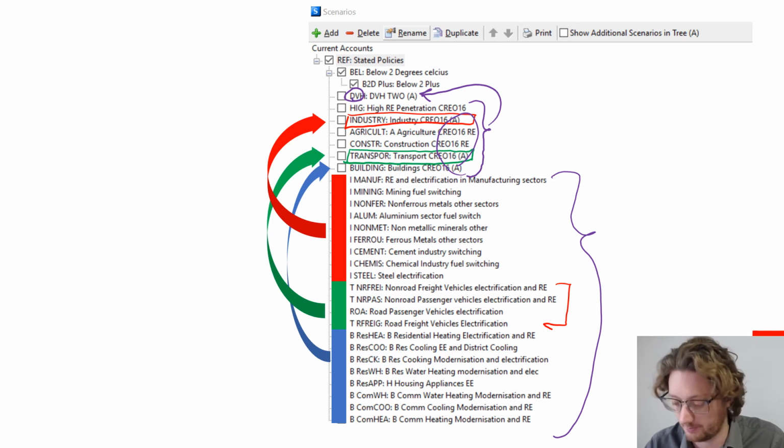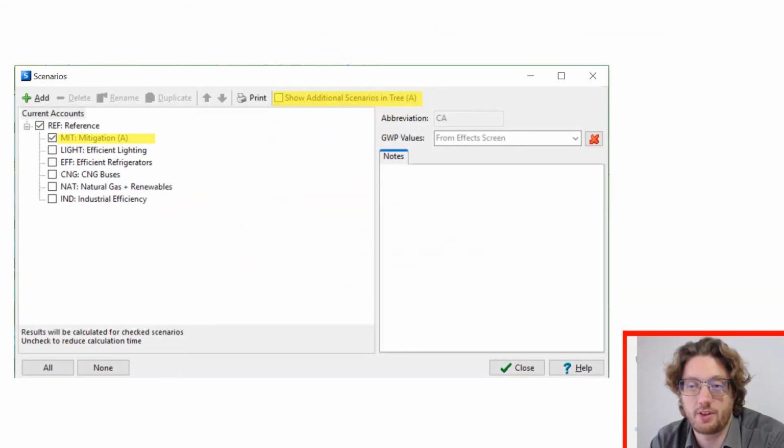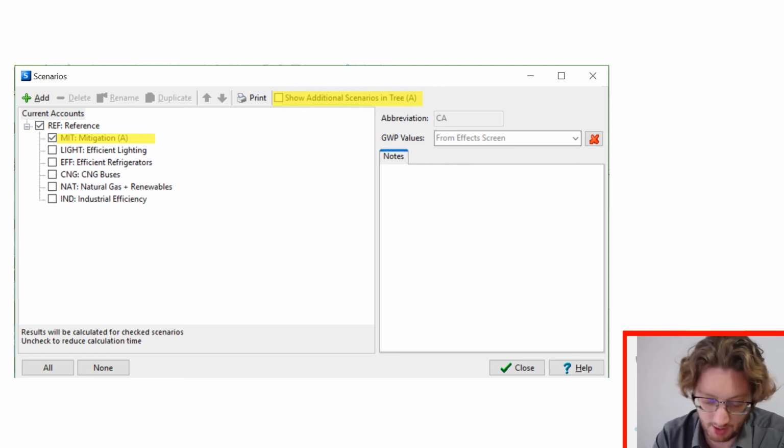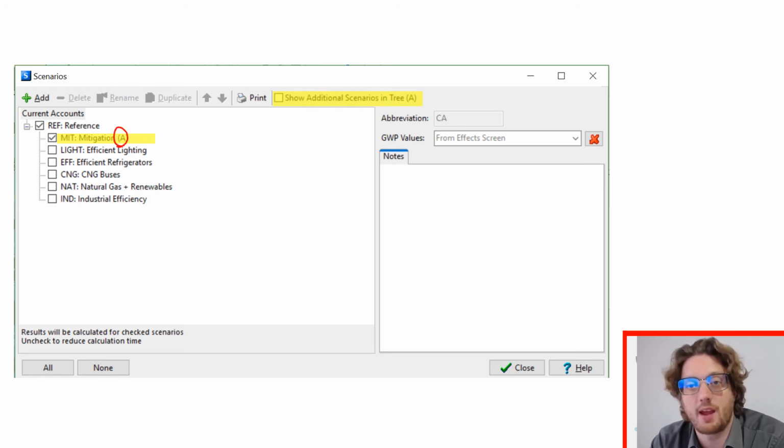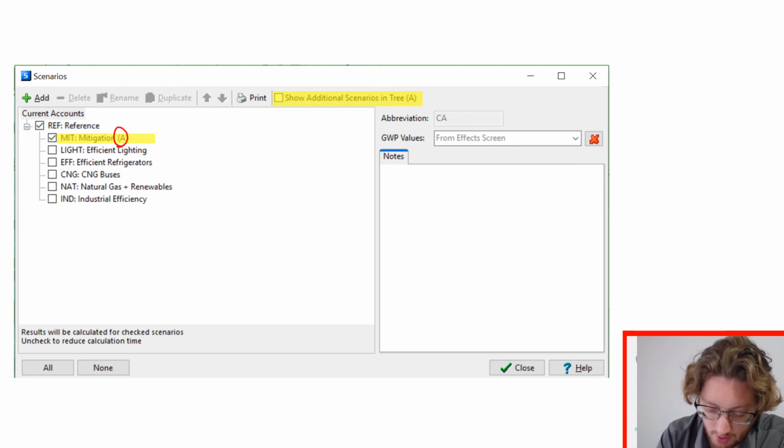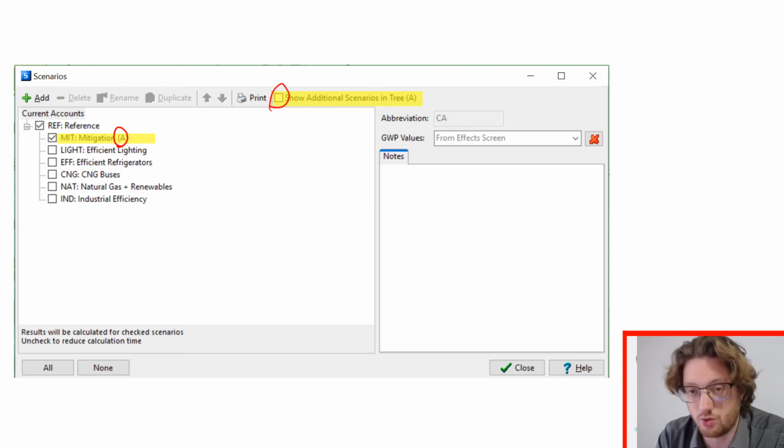This is where it becomes important. The same principle with aggregated scenarios, but in a smaller and a more manageable model. This is a Freedonia model, so you can also go and look at that in your LEAP software. So here we can see we have an aggregated scenario that is displayed with a parentheses A. But the question is, what other scenarios is it using? Well, if you go up here in the show additional scenarios in parentheses A and click this little box, you can then see quite quickly